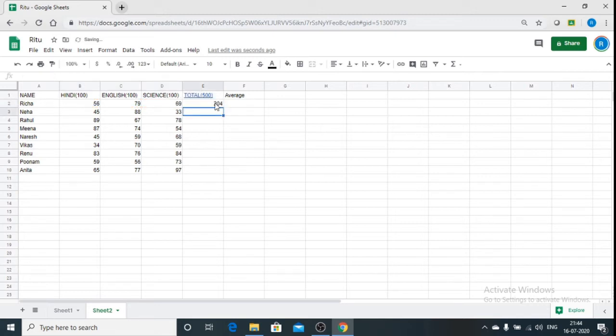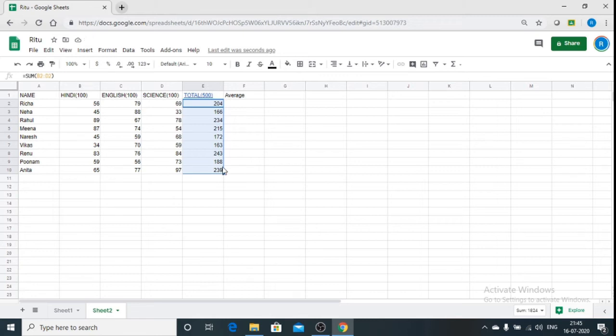Now press enter, you will get the required result here. So you will find that it automatically does all these calculations. Now simply drag the function for other students also, and you can see that it automatically adds for the other students also.